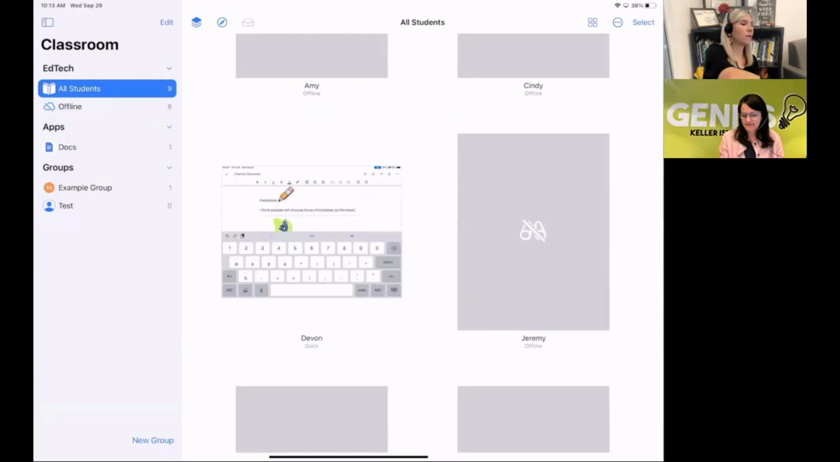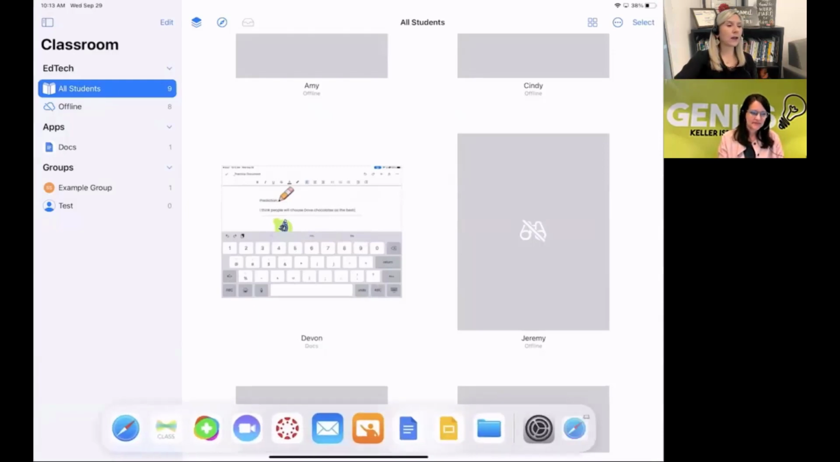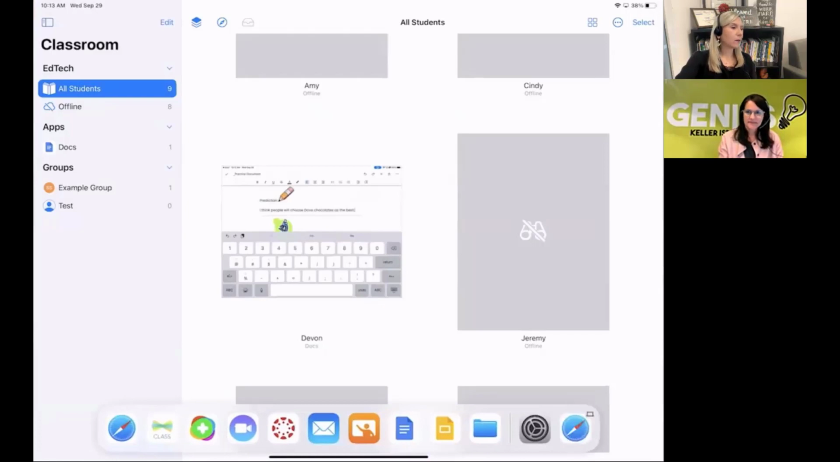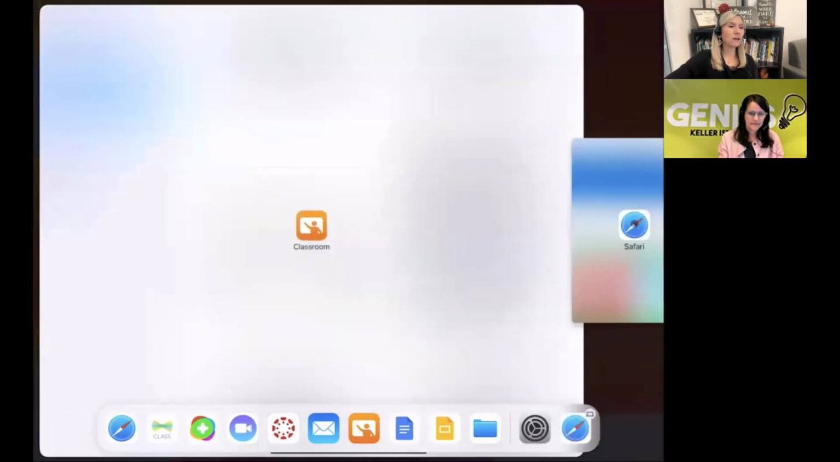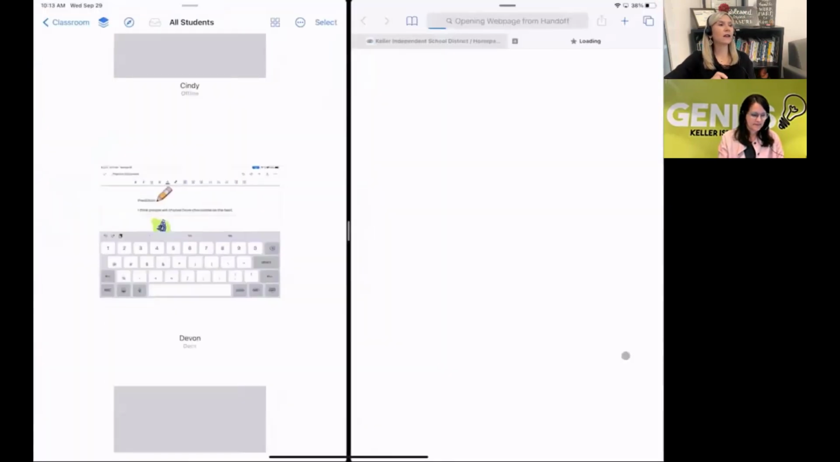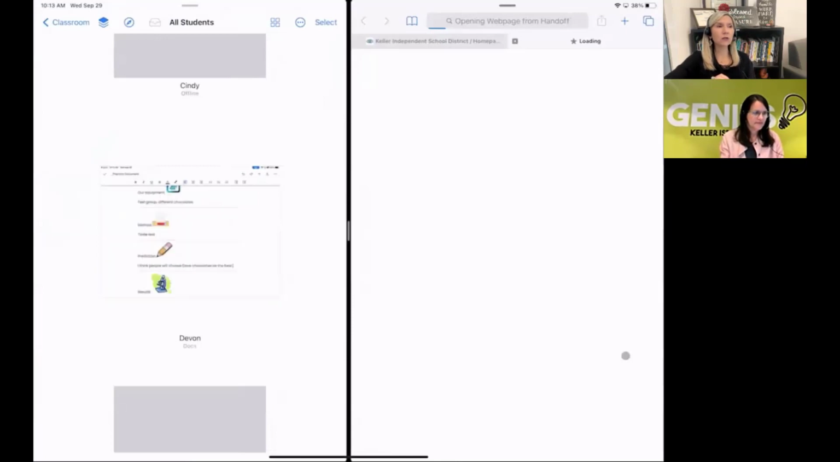Similarly, though, we can now share a website that maybe we didn't favorite using split screen. So let me show you that as well. I'm going to pull up from the bottom to show my dock. I am going to pull Safari over to the right side of my screen and split my screen. So again, the left side of the screen is showing Apple Classroom. The right side is showing